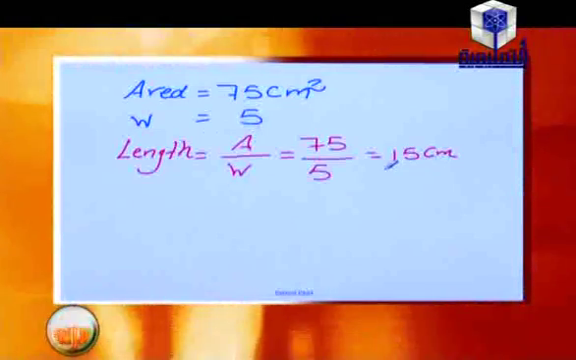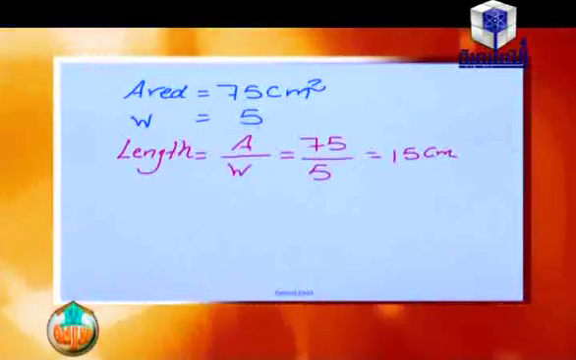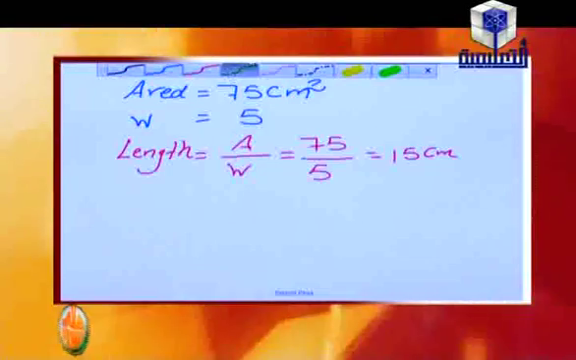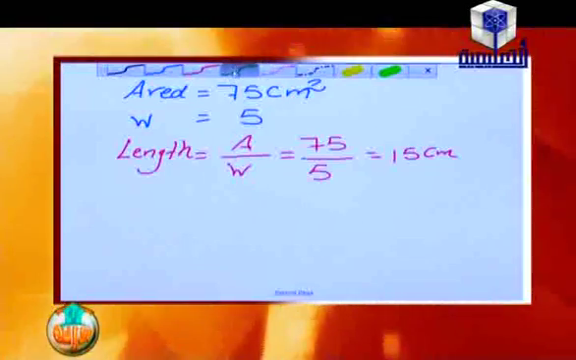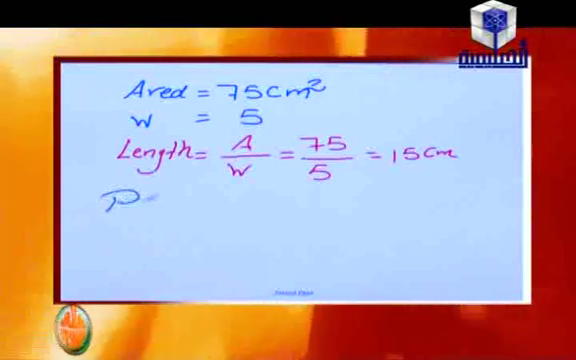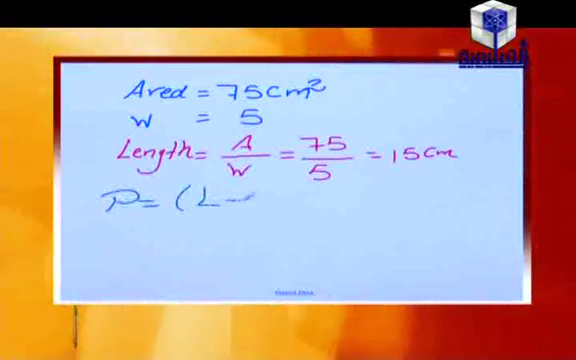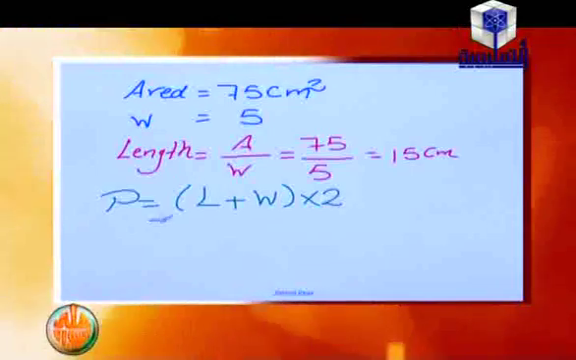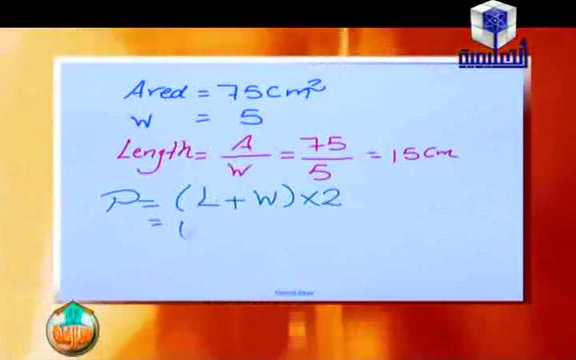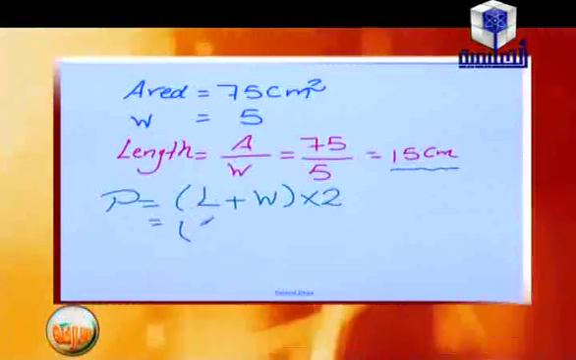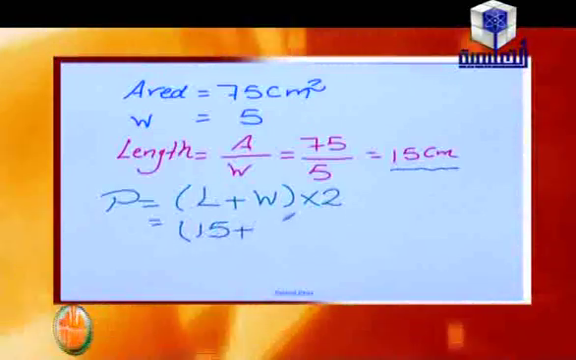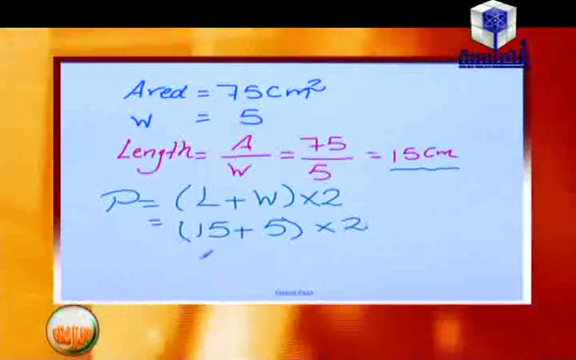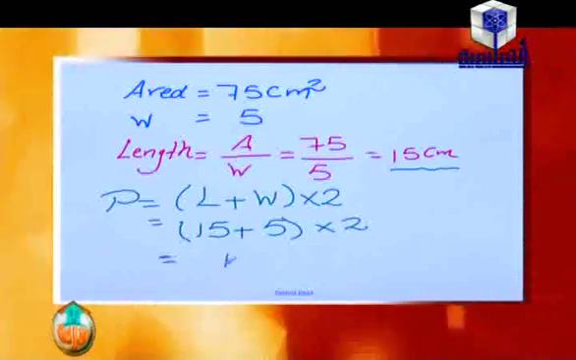Then the next step, you have to find the perimeter of the rectangle. Try to remember, Mr. Ahmed, the formula for calculating the perimeter of the rectangle. The perimeter of the rectangle is given by length plus width, multiplied by 2. Excellent. Length equals 15, as we found, and width is 5, multiplied by 2. Then the perimeter of the rectangle will be 40